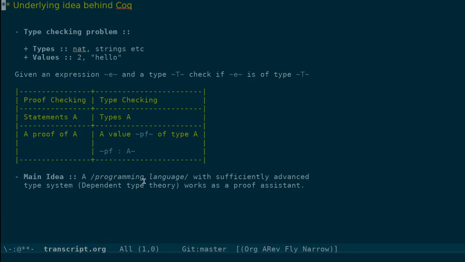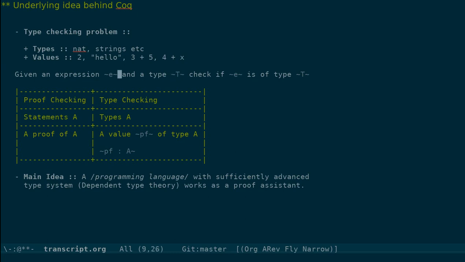The underlying idea behind a proof assistant like Coq is the following. We think of a programming language which has types, like for example the type of natural numbers, strings, etc., and values like 2, hello, or let's say 3 plus 5, or 4 plus some x, where x is a variable.